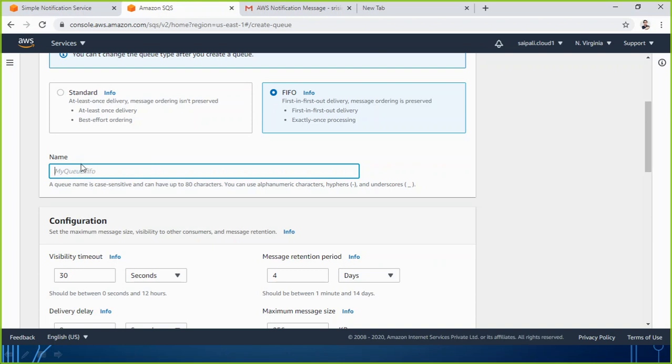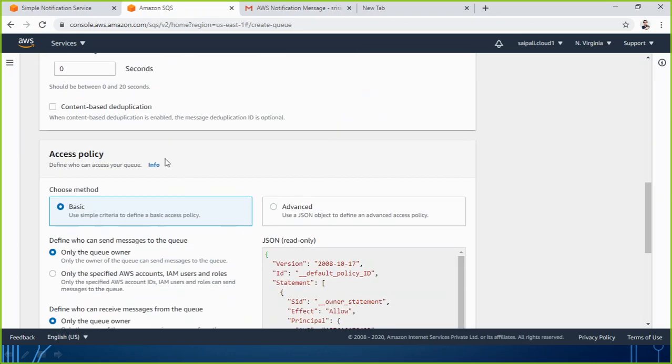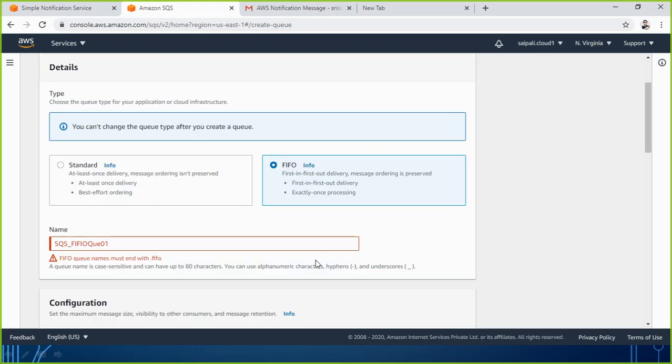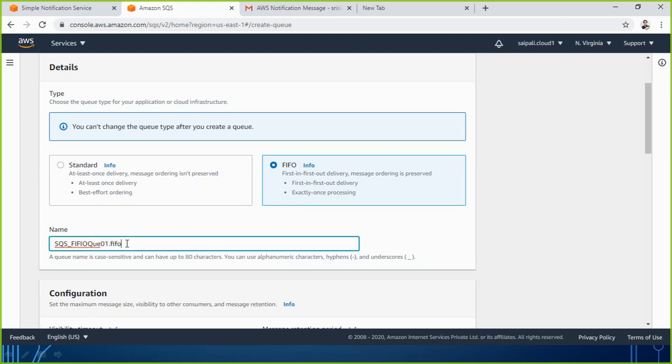Maybe I give the name SQS FIFO queue 01. If I continue with this name, it will give me an error. First let me show you the error. Even if I go with this, you see when I create the queue it gives me an error that the name must end with .fifo. Okay, so that extension is mandatory.